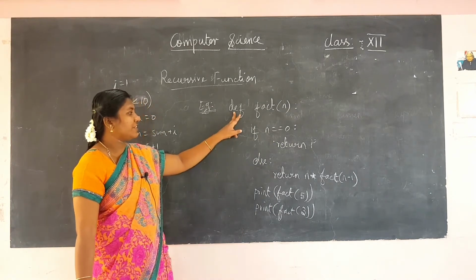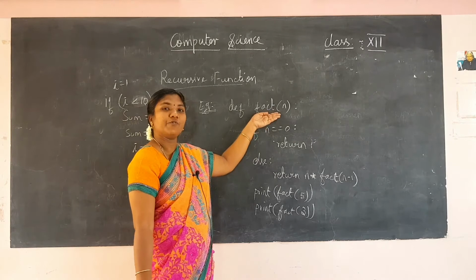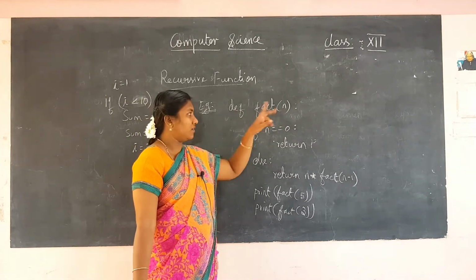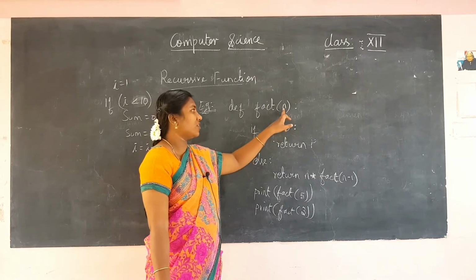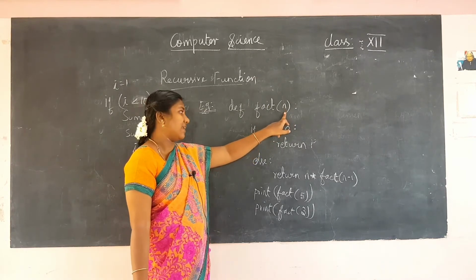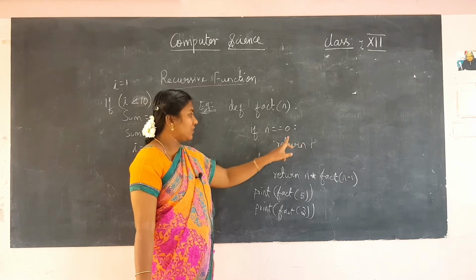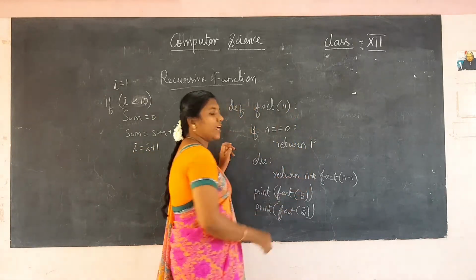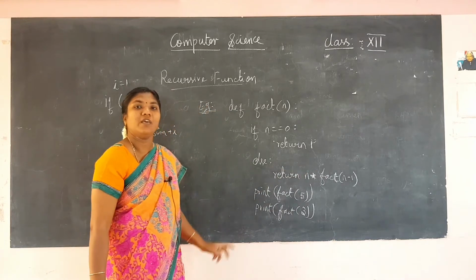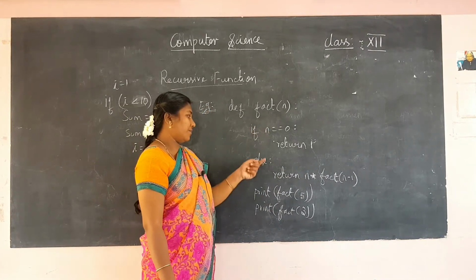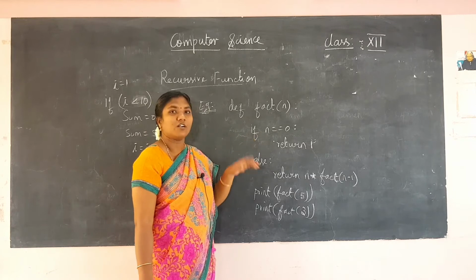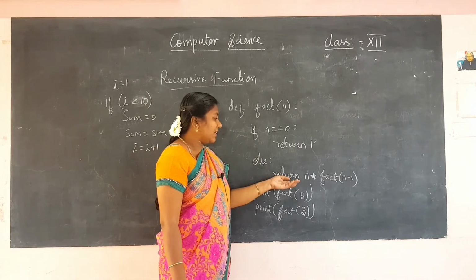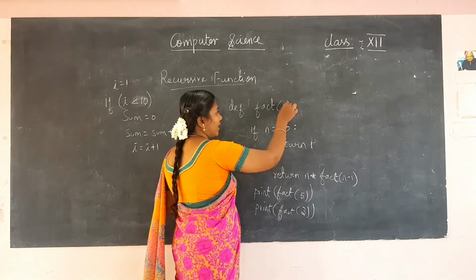Okay, so consider this the Python code. I have given definition fact. So I am having a user defined function fact with one argument. I am having only one argument, so I have given the name as n. If n is equal to 0, then return 1. So if n has the value 0, it will return 1. That is, output will be 1. Else, it means if the input is not 0, then if I am giving any values, what will it do? Return n. What is the value of n?